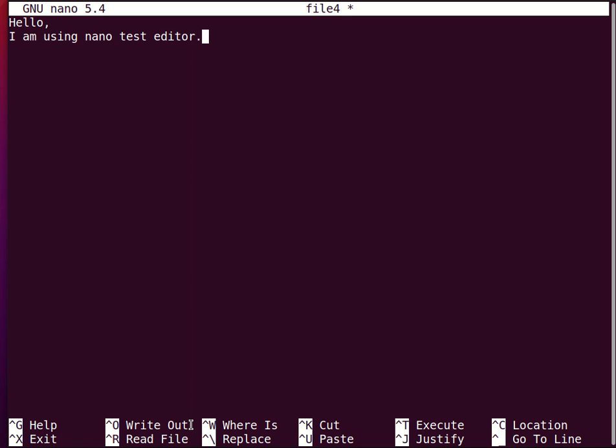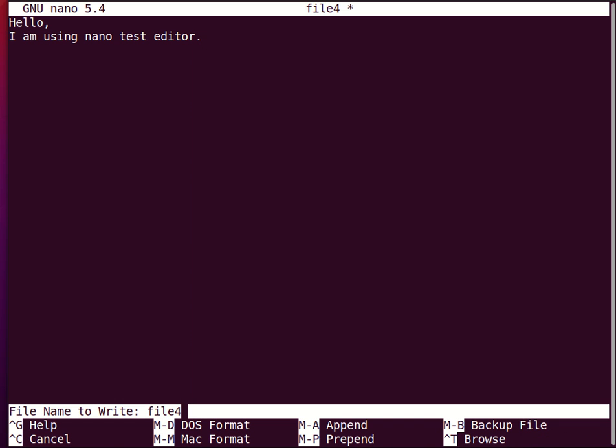If you want to save the contents, which means that we want to write this file, we look at the bottom, we have to press the key combination of Control and O. Sorry, Control and O will actually